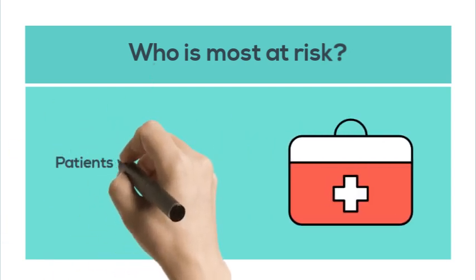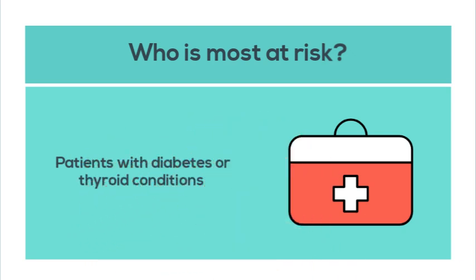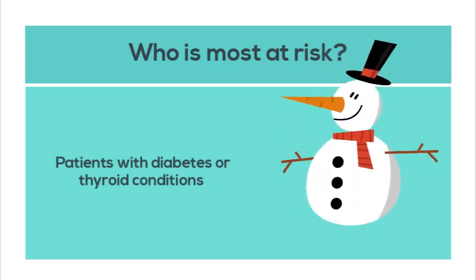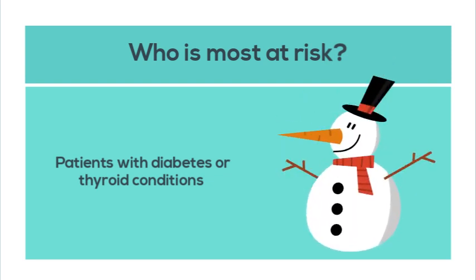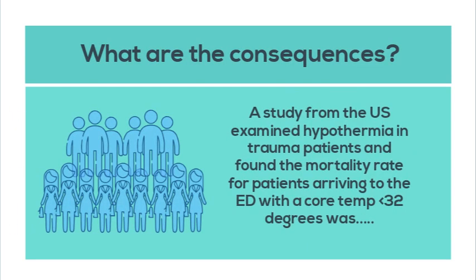Patients who have diabetes are also at risk of hypothermia as they have diabetic neuropathy and have a poor temperature regulation. So do patients with thyroid conditions such as hypothyroidism. Their metabolism is disturbed by their disease process and they will become more hypothermic more quickly. A recent study from the US examining hypothermic trauma patients found that the mortality rate for patients arriving to the ED with a core temperature less than 32 degrees was